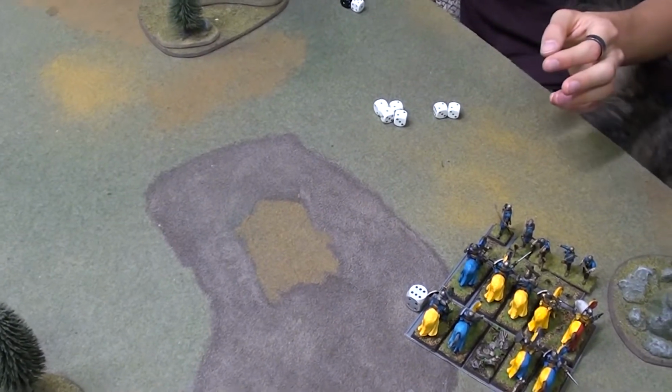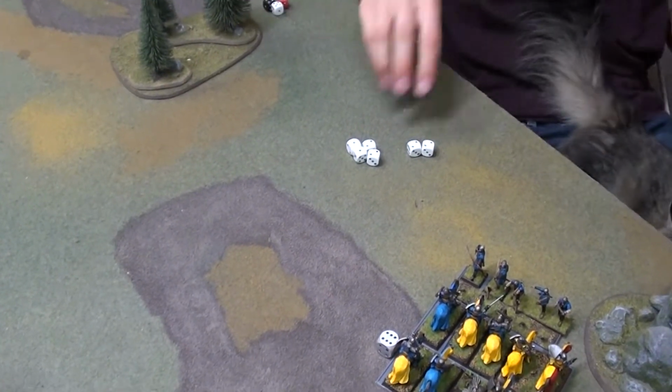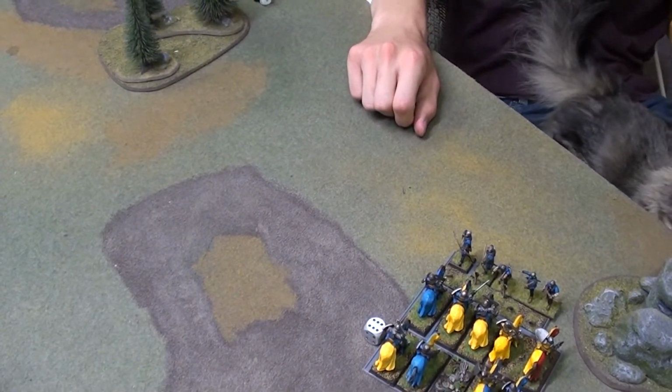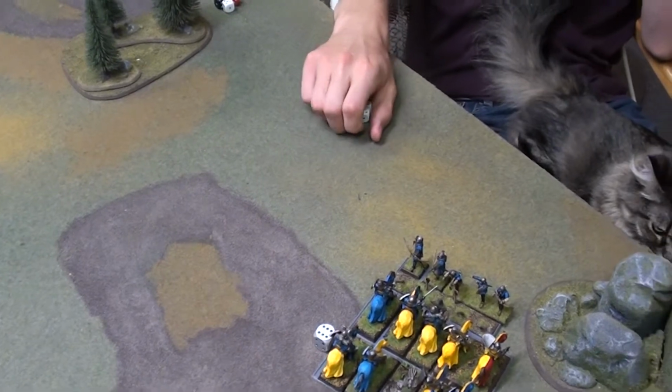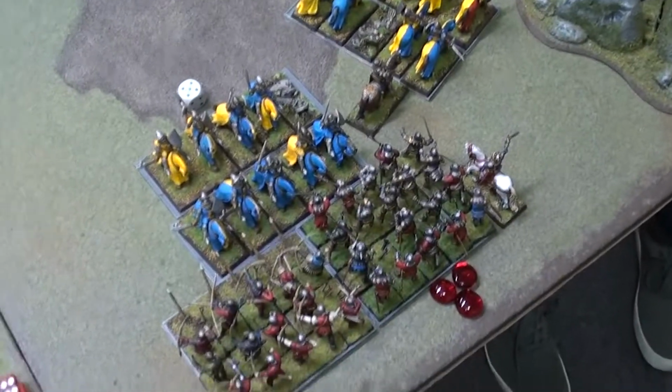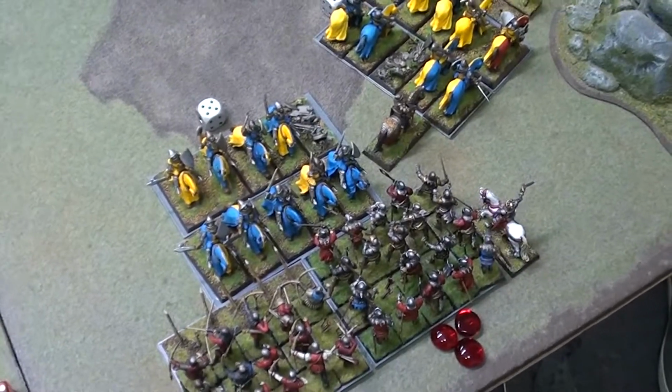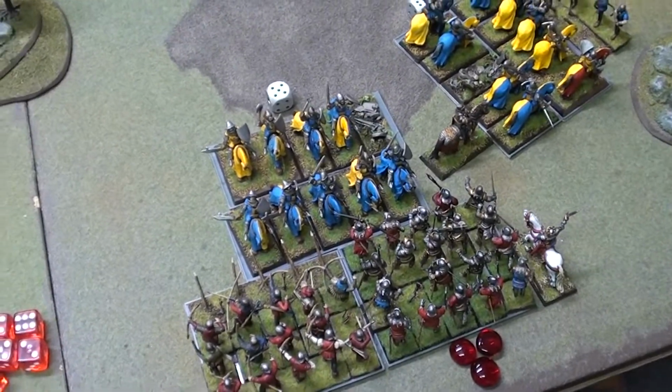Alright. Do you want to take a gift and re-roll it? Because I think there are only 2. Okay. 4s. Alright. So 6. You've taken 6. You have to attack that back now. And remember,